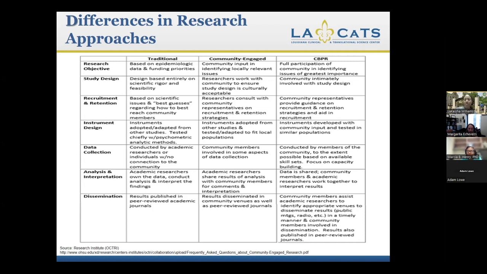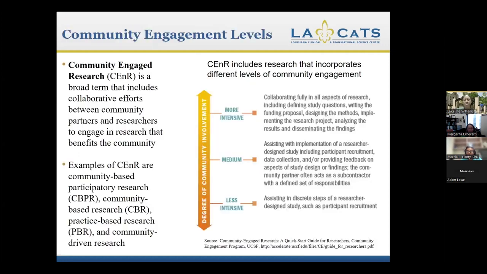And so this is very, very important to making sure that we have community members, those organizations that have been involved, also involved in the writing process of the dissemination of this research. So oftentimes they are serving as the co-authors, they are serving as the lead authors on specific papers. And so everybody is collectively coming together to have that joint seat at the table. So these are going to be some of those differences as it relates to community engaged research versus